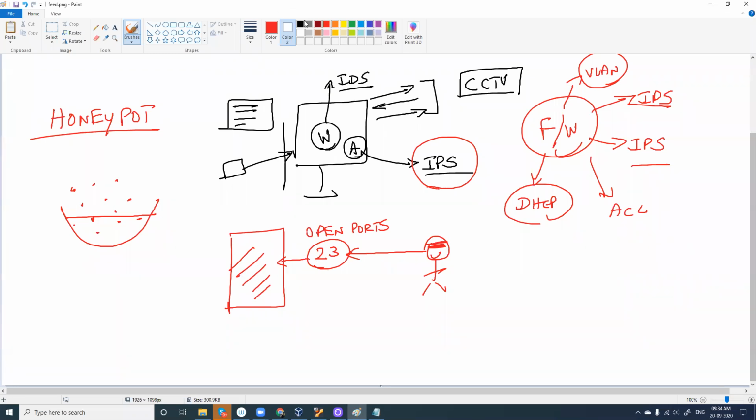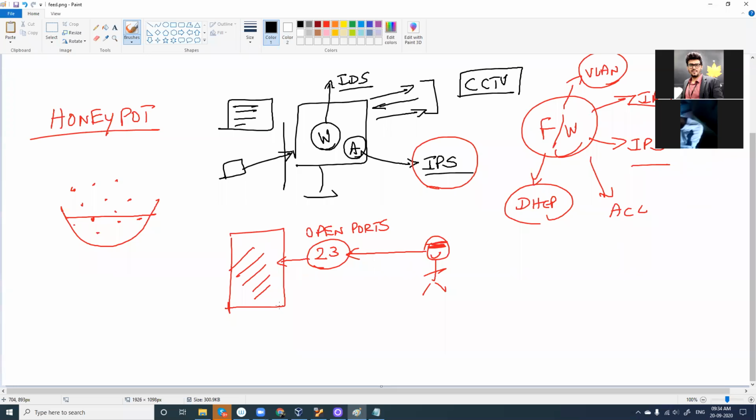Now, what is the function of honeypot here? Honeypot can be something like this, where my port 23 is not actually open, but I'll project to the outside world that I have a vulnerable port which is open. And why will a server do this?